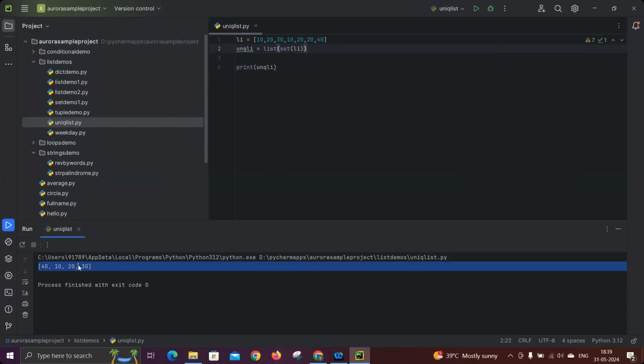So that is the basic logic of removing the duplicates from the list. Very simple, straightforward, two lines of code. Okay, now likewise we have some other options also. So out of those, the next option will be